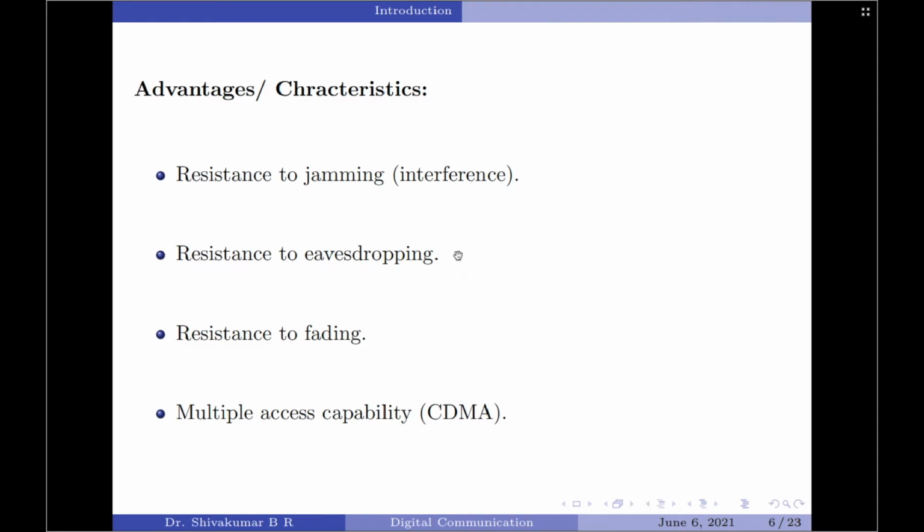Moving on to the second characteristic, that is resistance to eavesdropping. The spreading sequence in the direct sequence spread spectrum or in the frequency hopped spread spectrum is often unknown by anyone for whom the signal is unintended. So, in this case, it obscures the signal and reduces the chance of an adversary making any sense of it. Moreover, for a given noise power spectral density, spread spectrum systems require the same amount of energy per bit before spreading as narrowband systems, and therefore the same amount of power if the bit rate before spreading is the same.